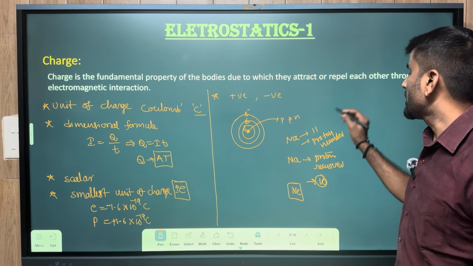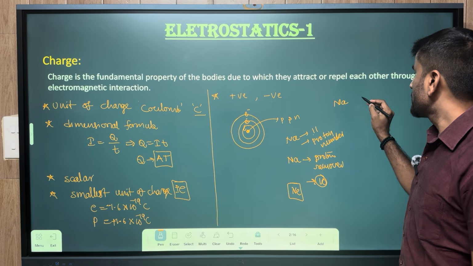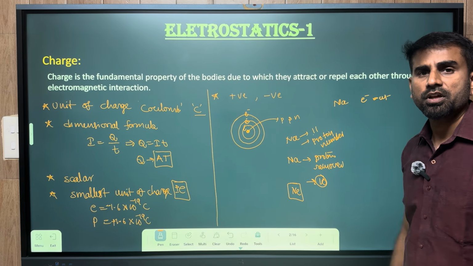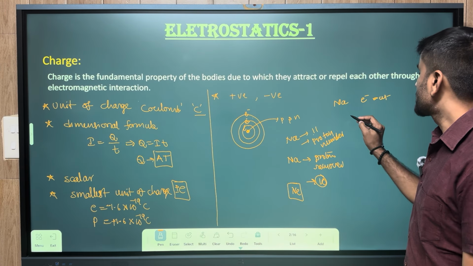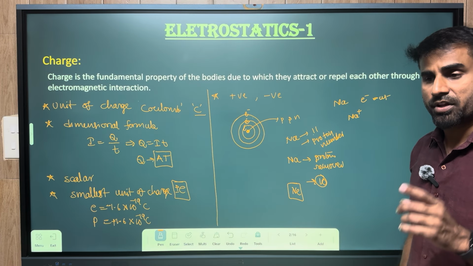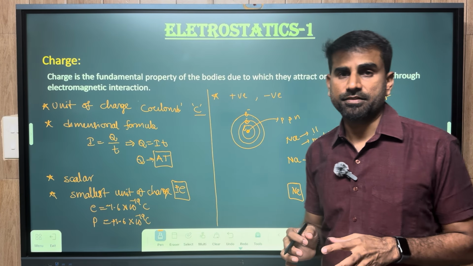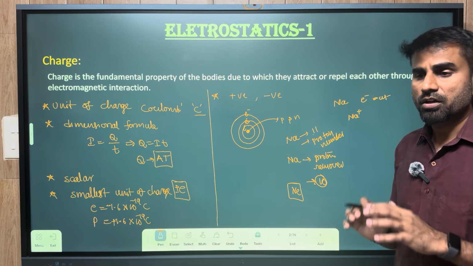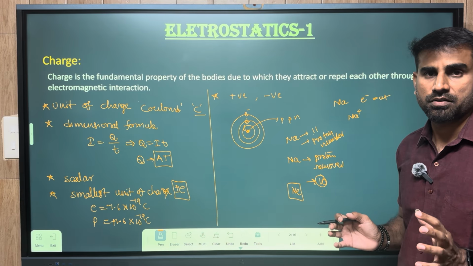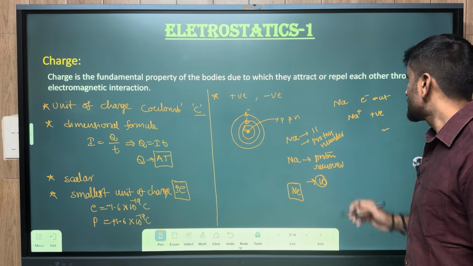Let's say if I take sodium again, and one electron is removed, then what happens? This sodium becomes Na plus. The element or the atom will remain the same as it is. The configuration or the properties will not change, rather it will acquire a positive charge. Similarly, if you take